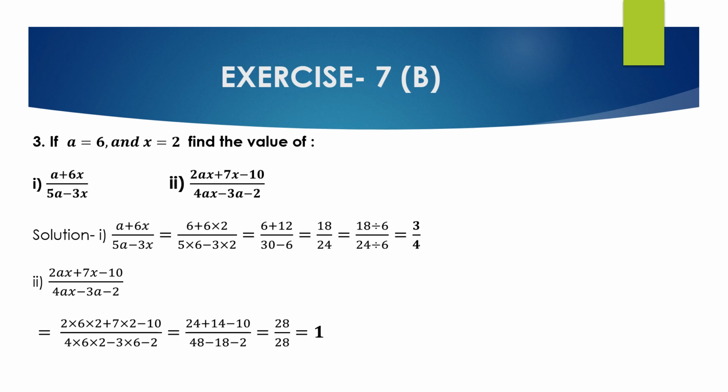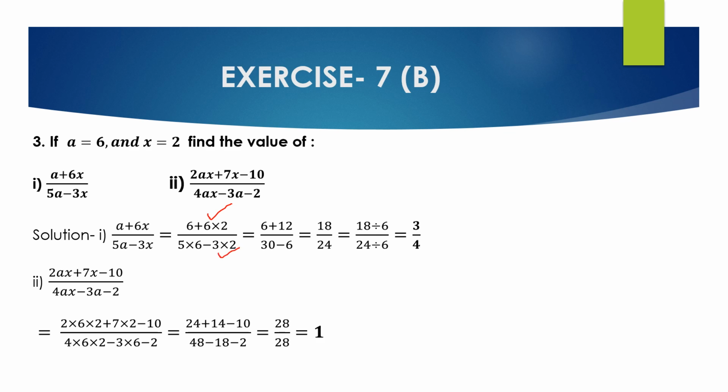Now we will solve question number 3. Question number 3 is, if a equal to 6 and x equal to 2, find the value of this expression. First bit is a plus 6x divided by 5a minus 3x. Substitute the value of a, x in the expression, we get a plus 6x will be a is 6, 6 plus 6 multiplied with 2 divided by 5a minus 3x will be 5 multiplied with 6 minus 3 multiplied with